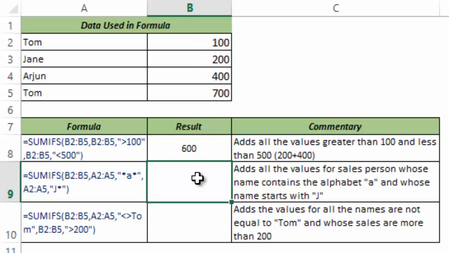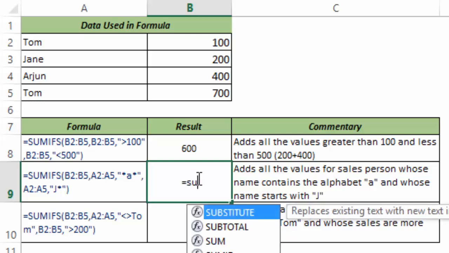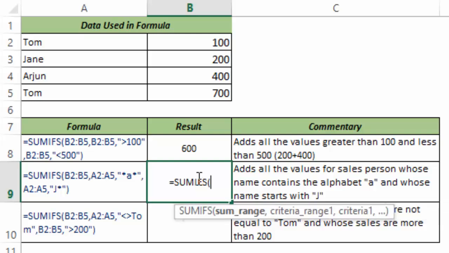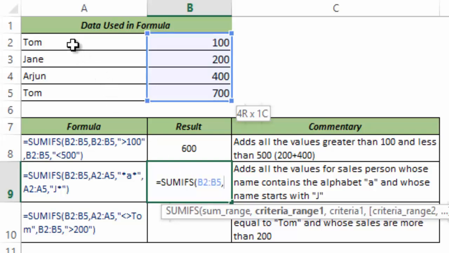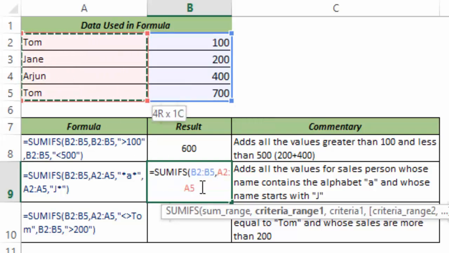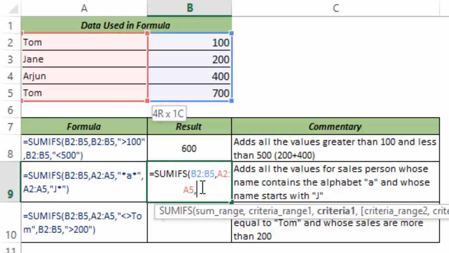You can also use text values as criteria, and here I would also show you a very smart use of wildcard characters. So again, the sum range is B2 to B5, and criteria range is A2 to A5, which has these names. Now in criteria I would use wildcard characters. There are two prominent wildcard characters, which are asterisk and question mark. Asterisk is to specify any number of characters, and question mark represents one character. So in this case, let me use asterisk, and I type A and asterisk again. So this is my criteria.